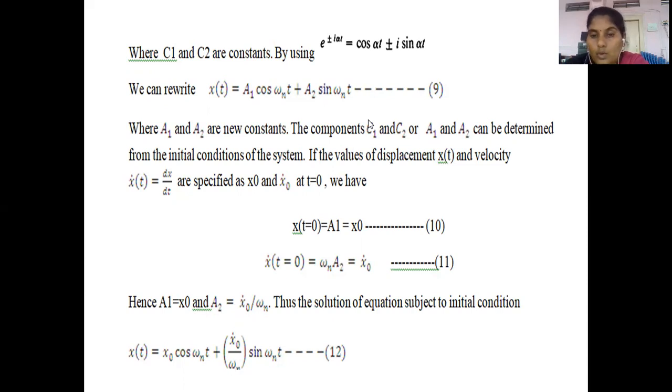A1 is equal to x naught, and A2 is equal to x dot naught by omega n. Hence, by putting the values of A1 and A2 in equation number 9,